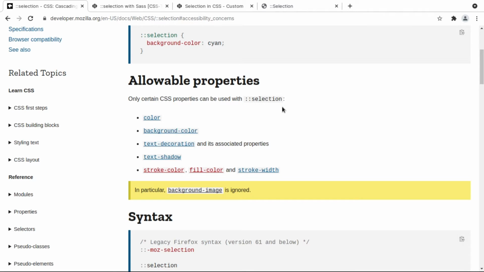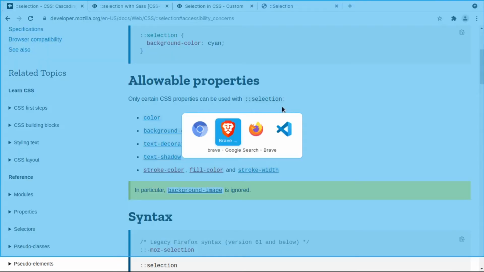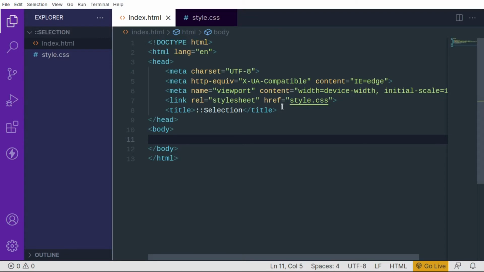So let's get inside the text editor and actually implement the functionality. For that purpose I will be using VS Code for now. You can use any text editor. In here I have one HTML file and one CSS file. I'm not going to do many fancy things in here. In the HTML file I just have some boilerplate and I have linked our style sheet. Let's see what is inside our style sheet.